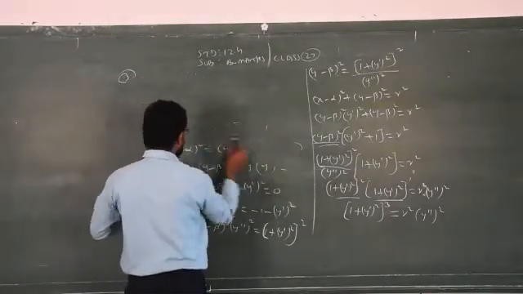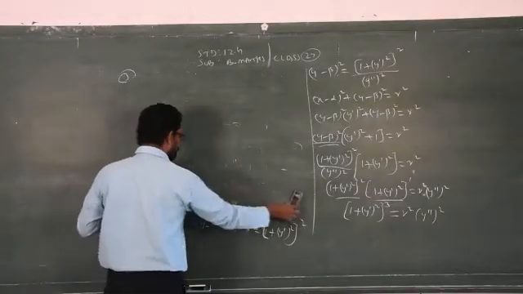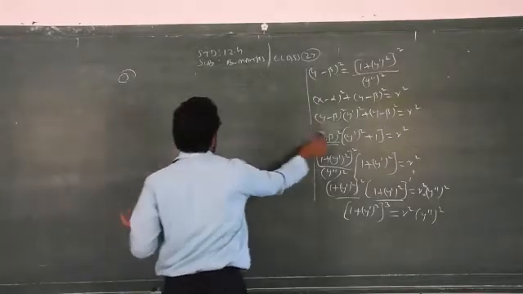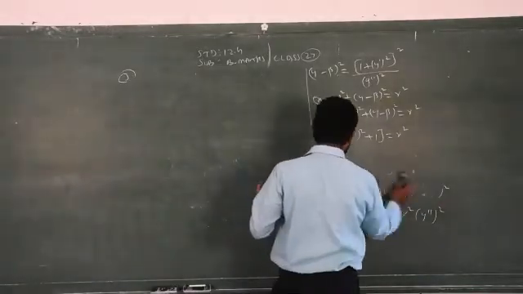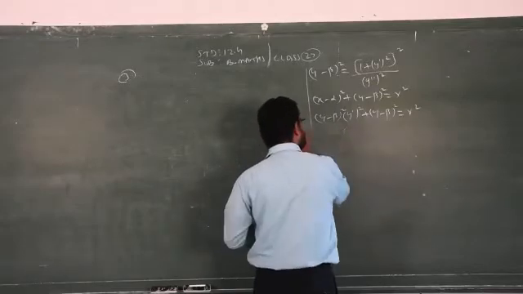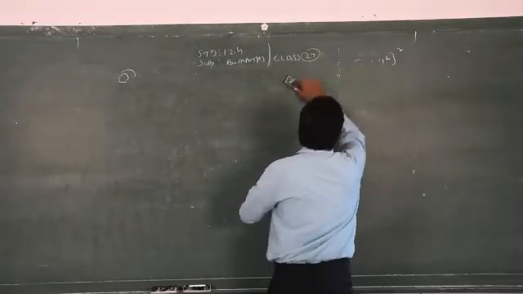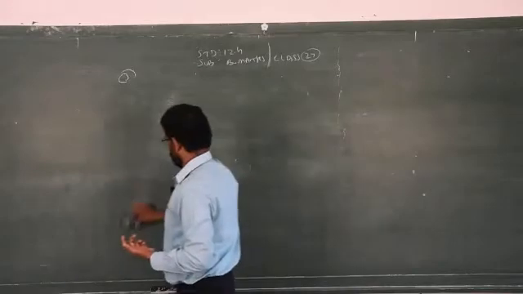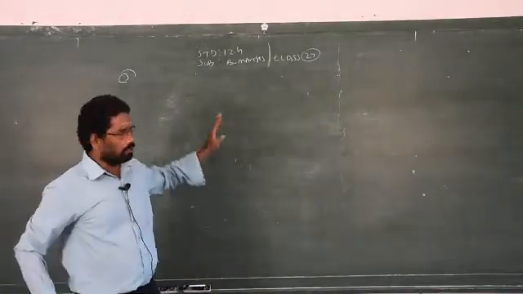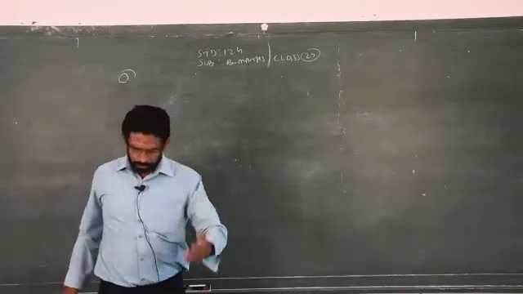Clear? So I told you already, to form a differential equation for any straight line or any curve, follow any method. When 2 constants are given, you have to differentiate 2 times. That's all. You can apply the algebraic method or matrix method to get the answers. Your aim is to eliminate the constant. That's all. For which you can apply any one method, either algebraic techniques or matrix format.